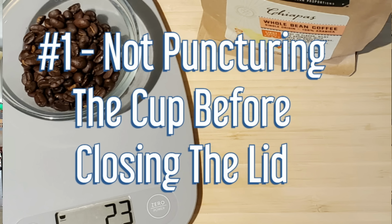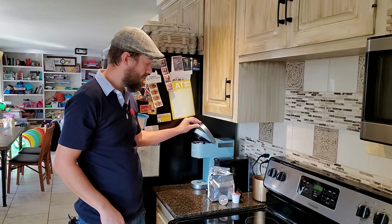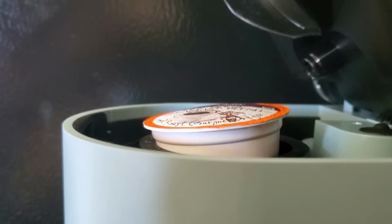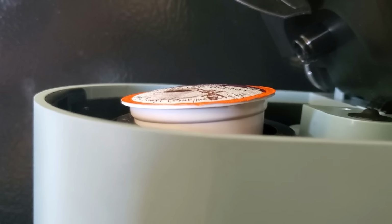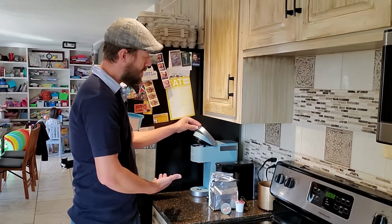The first one has to do with the needle. When you put a cup in there, you don't just drop it in and close the door. The reason for this is because the K-Cup is sitting crooked. And when you go to push the door closed, the door is coming down on an angle. Now this is going to slightly differ depending on the machine you use, but when you do that, you're putting